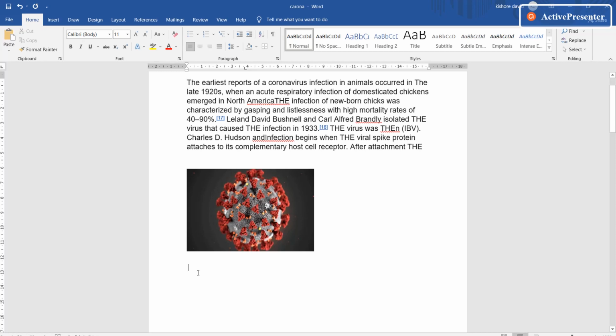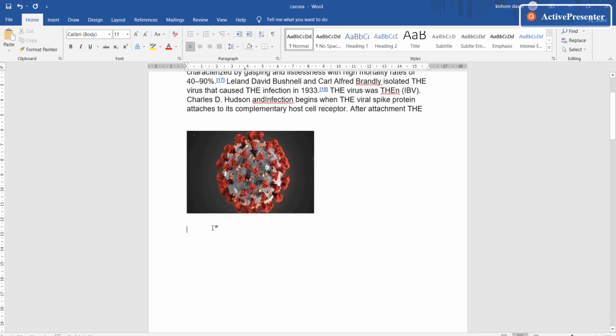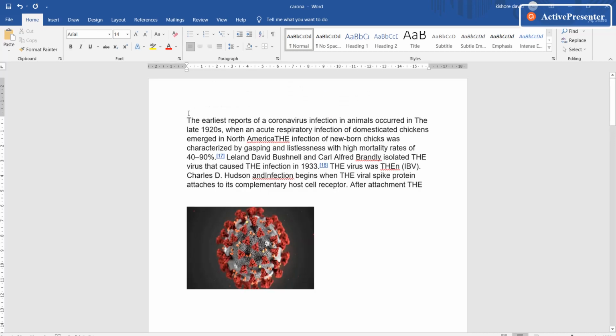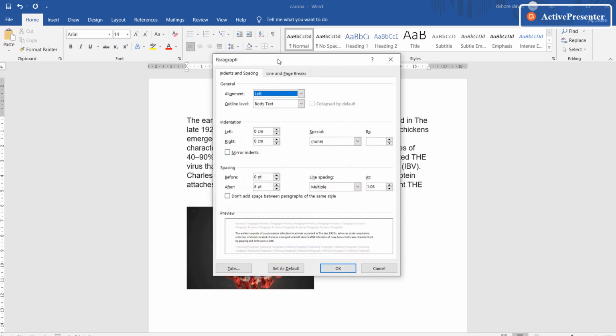If you want the cursor at the middle point of the document, press Ctrl E. And if you want it at a particular location, double click there, then the cursor will be moved to that point. And the symbol you can find here, Ctrl E. This option you can find in alignment, center.